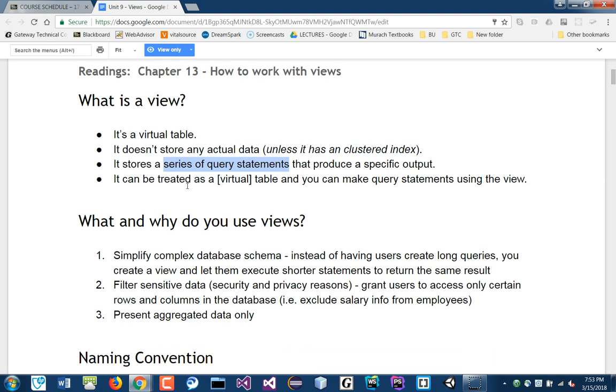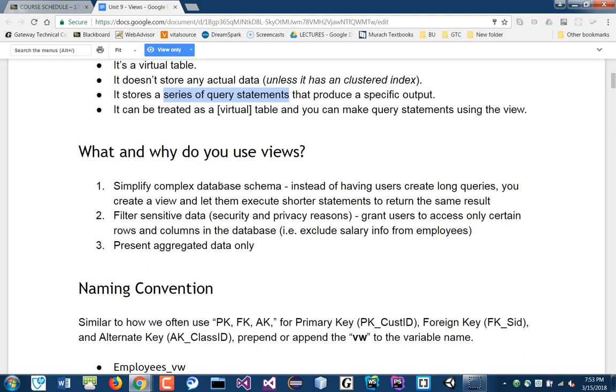You use a view for various reasons. One is to simplify the data schema. If you have really complex statements to query data, usually in the real world you have a lot of subqueries within a query. You have many layers because you want to get data from a different table, from a different server somewhere. So you can have really complex